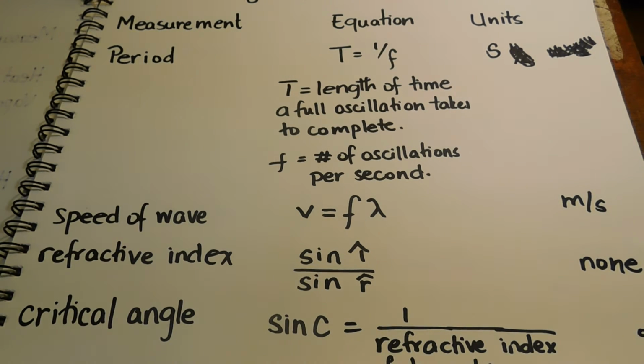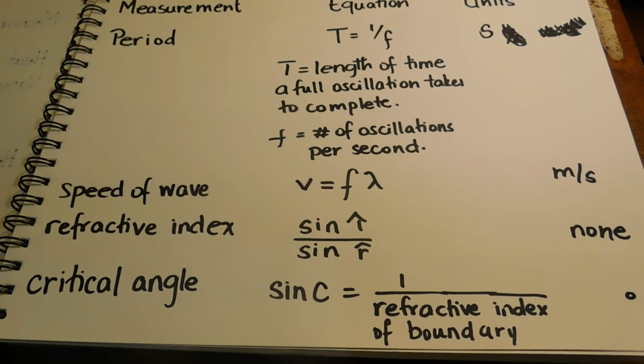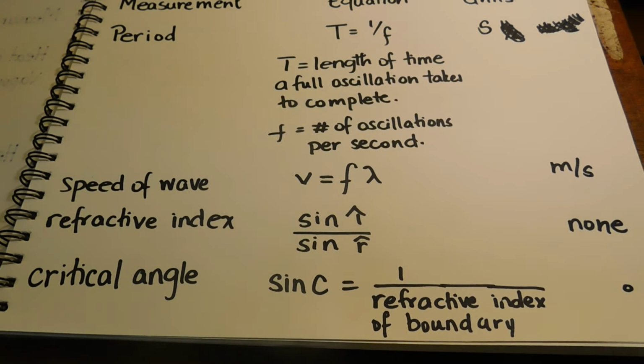Now, a refractive index is equal to the sine of the incident ray over the sine of the refracted ray, and you don't have any units for that. And a refractive index is a constant number, and it is different for each medium light may have entered. For instance, the refractive index of glass is different from the refractive index of perspex. So those are definite numbers you can use to determine whether you have a certain